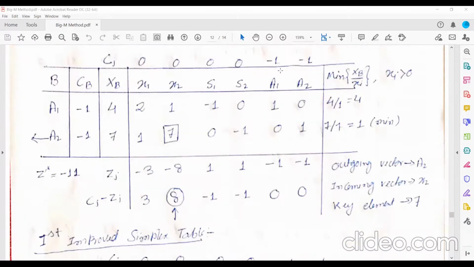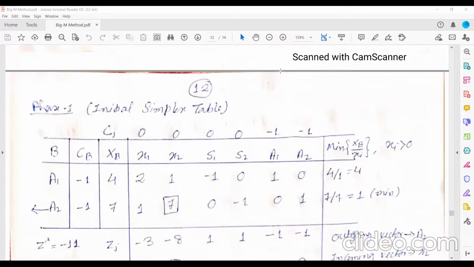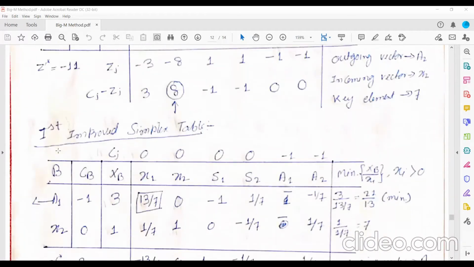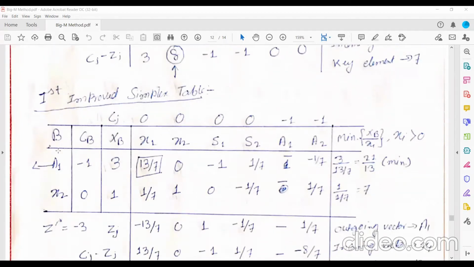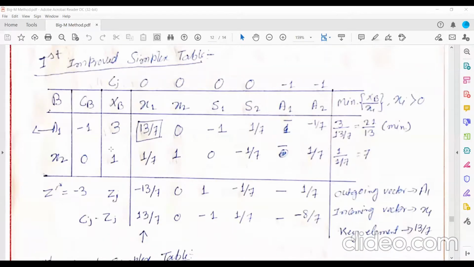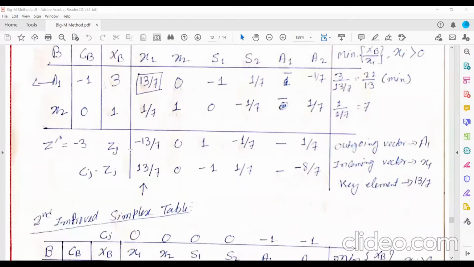Sorry, which one? Okay, just a minute. Sorry, this is no A2. A2 is removed. Why have I written under A1? A2 is removed. So why under A1?